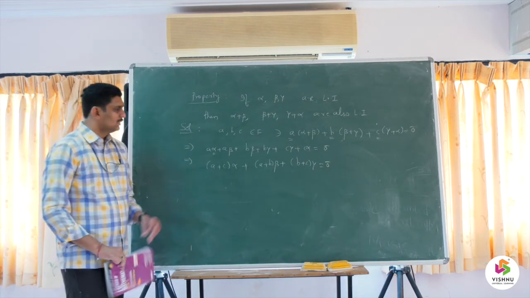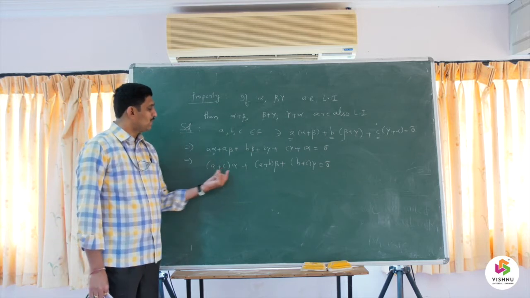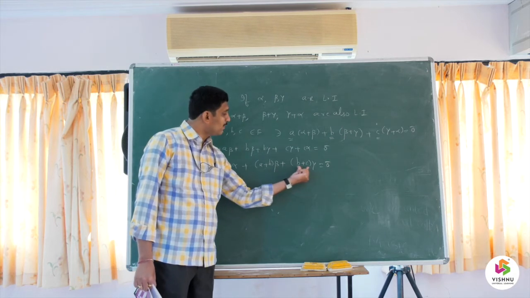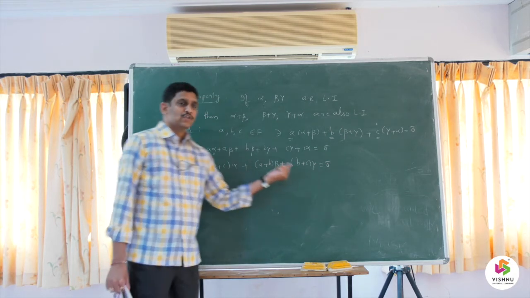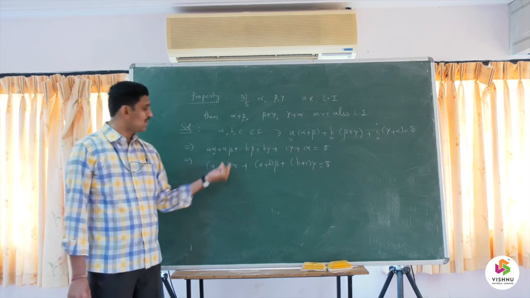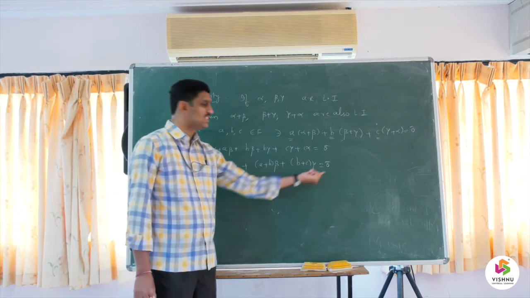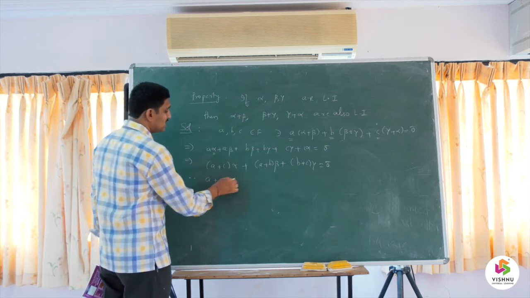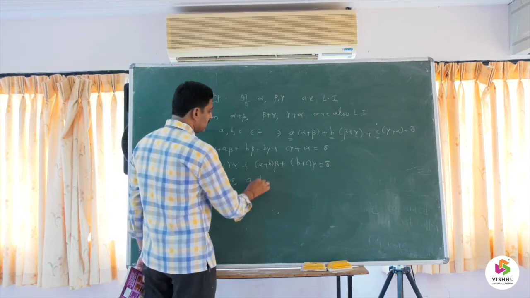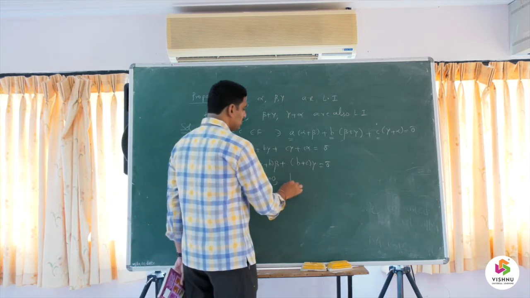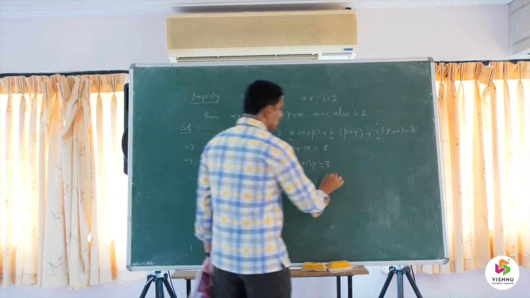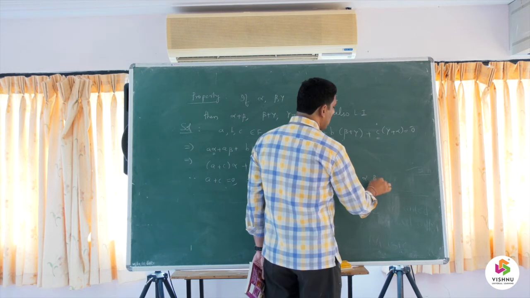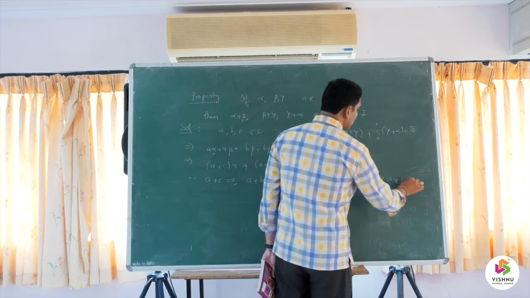Now observe that this is of the form some number into alpha plus some number into beta plus some number into gamma equal to 0. So it is nothing but a linear combination of alpha, beta, gamma which is equal to 0. Therefore, I confirm that A plus C is equal to 0, A plus B equal to 0 and B plus C equal to 0 because alpha, beta, gamma are linearly independent.